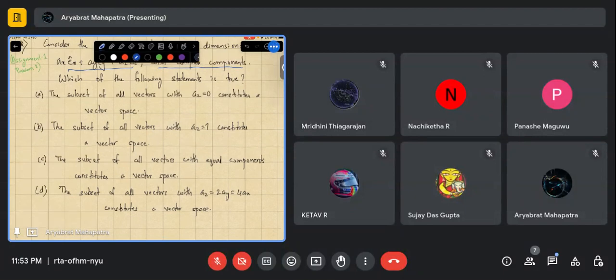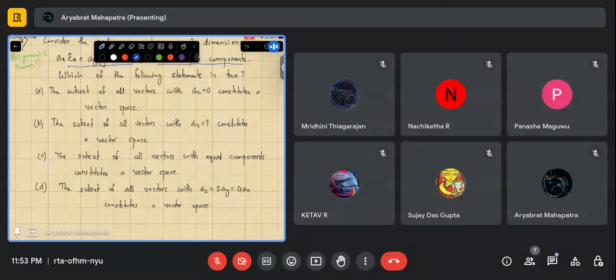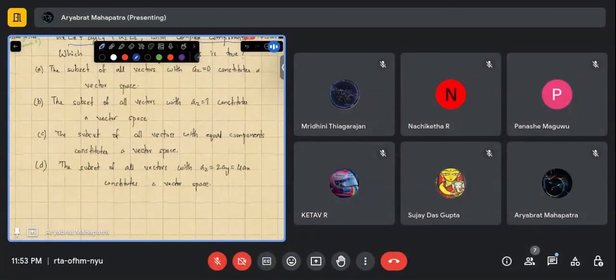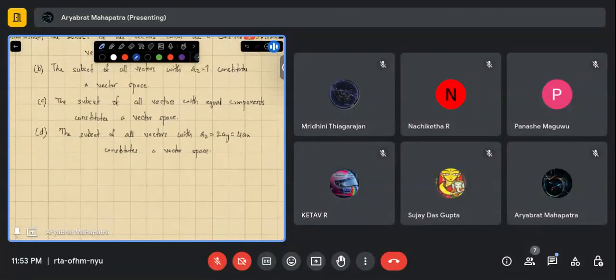So the first statement says the subset of all vectors with az equals 0 constitutes a vector space. To prove that, you can work out the same exercise. So now we have az equals 0. That means